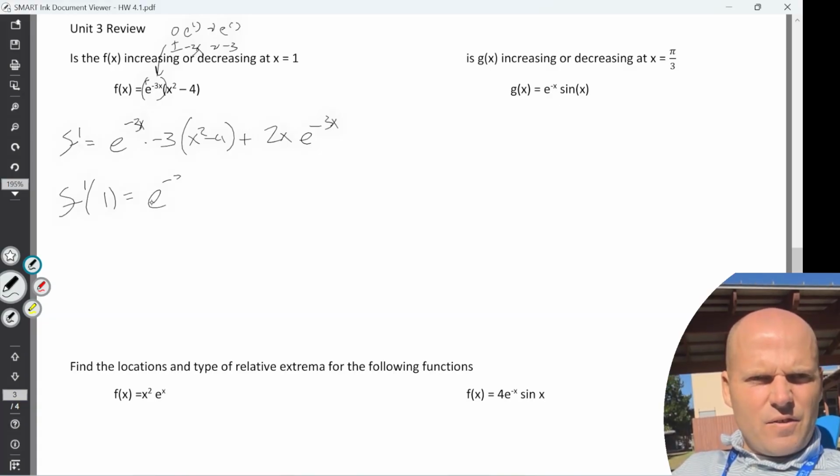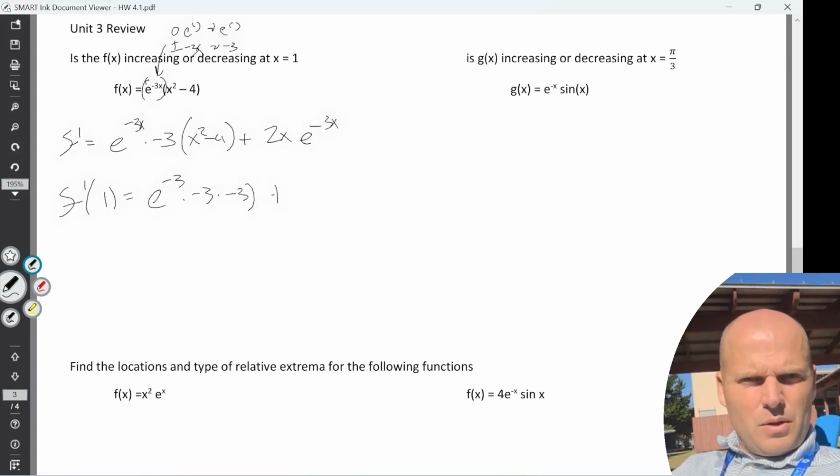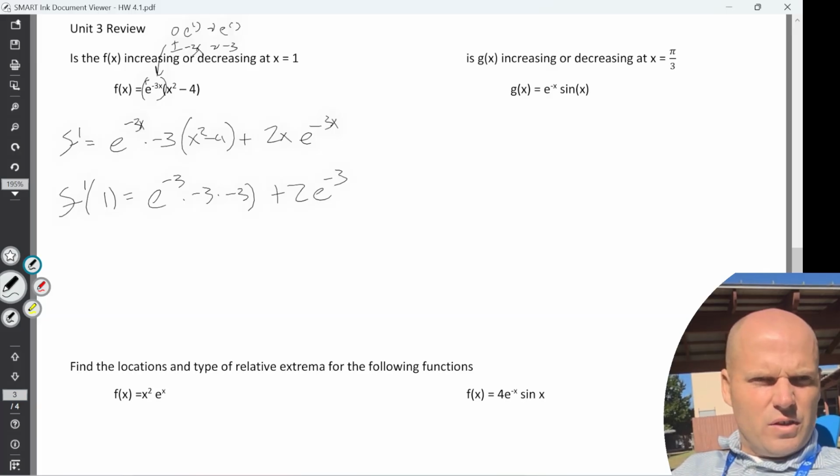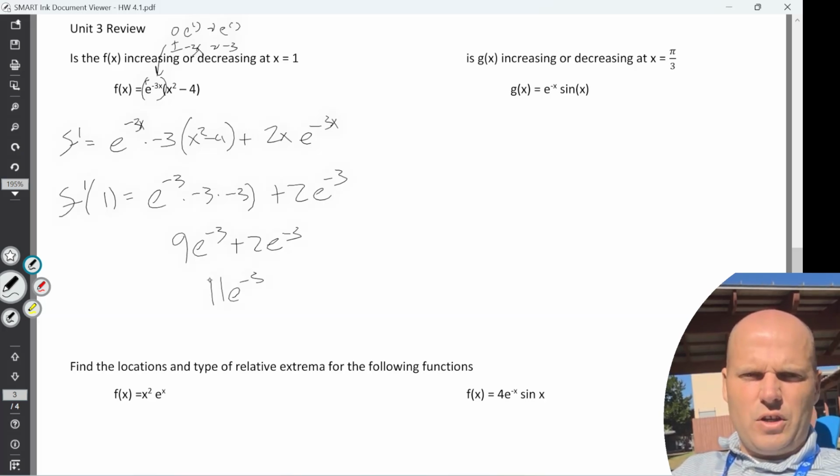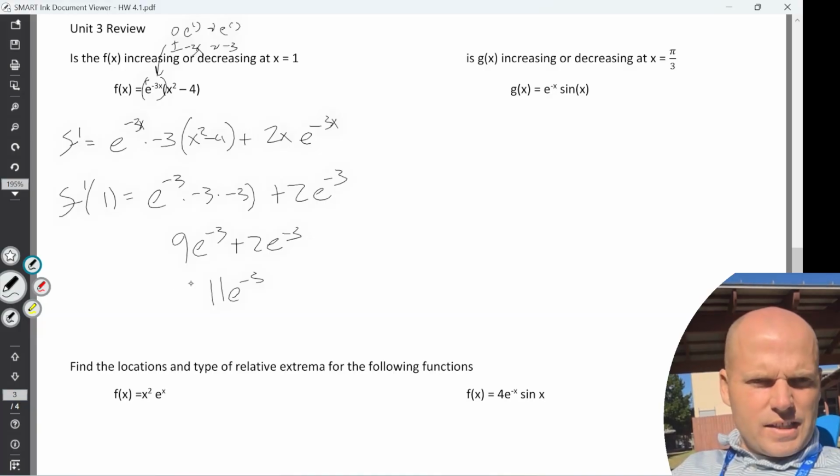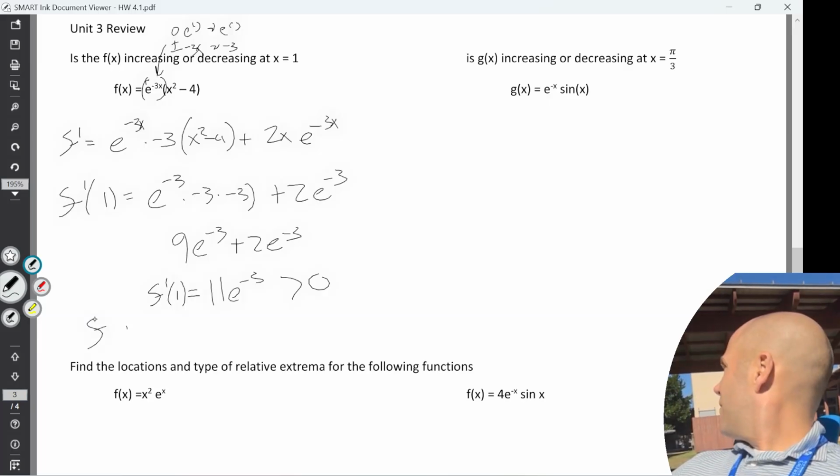So I got e to the negative third times negative 3 times negative 3 plus 2 e to the negative third. So this is 9 e to the negative third plus 2 e to the negative third. This is 11 e to the negative third. This is greater than 0. So f is,